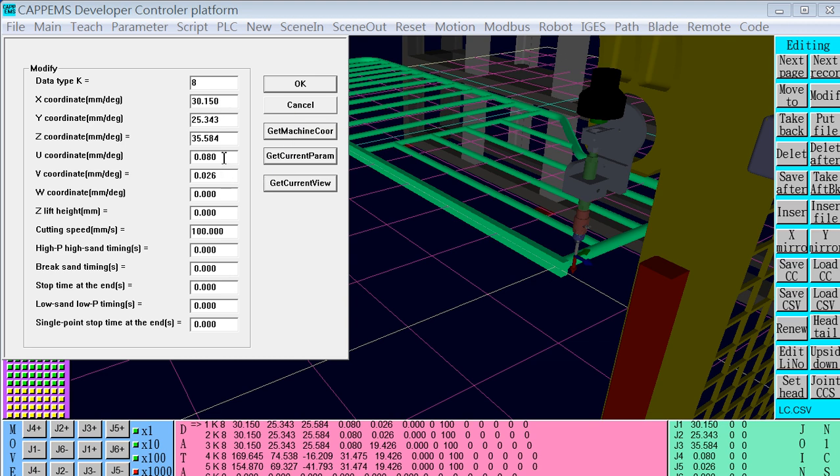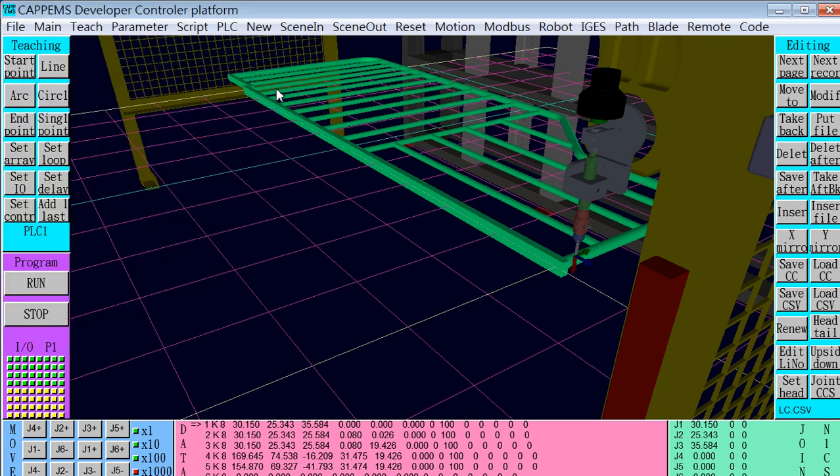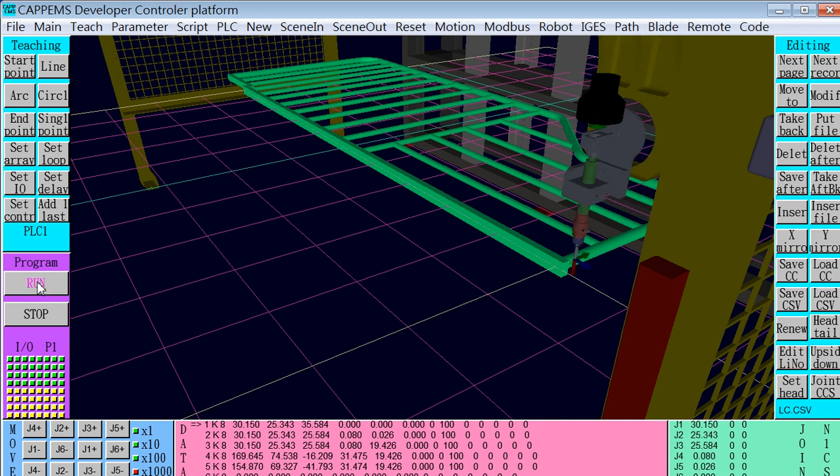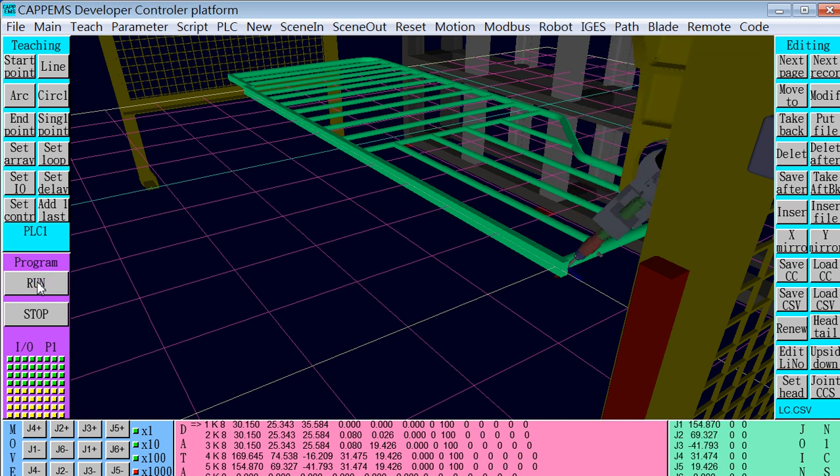By the way, the 0.080 we change to 0. The V 0.06 change back to 0. Okay, that's all. This is insert the tool. Let's see. Run. Okay. Okay, then